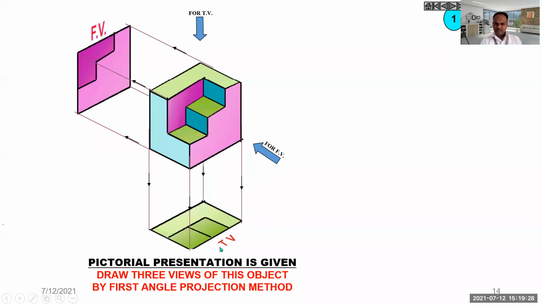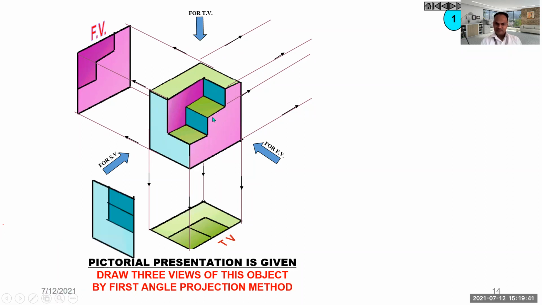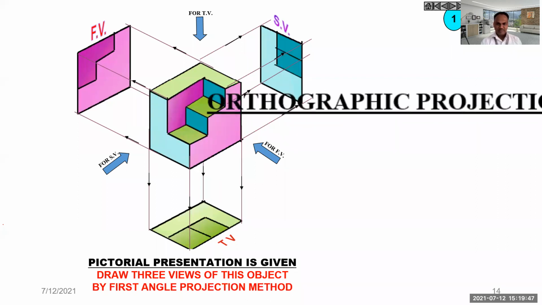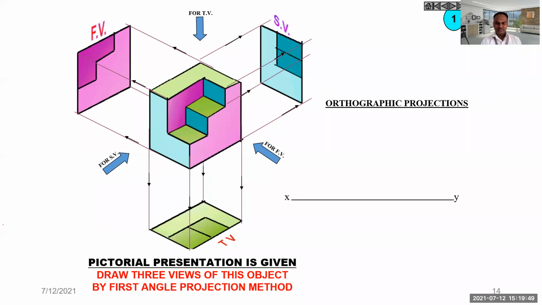Okay. Then this is the side view. You will see the side view. In the side view again, there will be a larger rectangle and this L shape, and these lines will be visible. So your side view will be like this. Now, if I want to draw it on a drawing paper, then the orthographic projections will be like this.